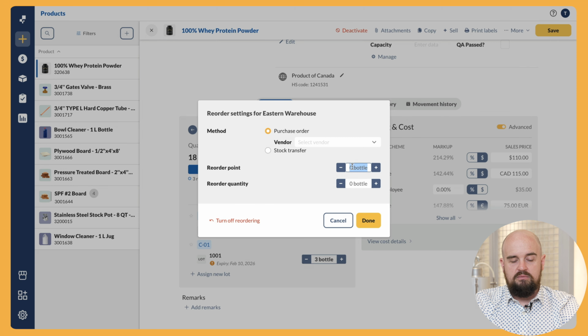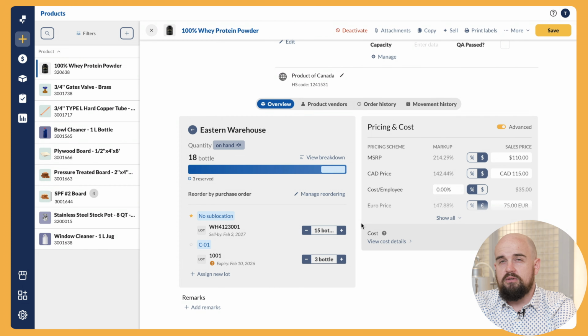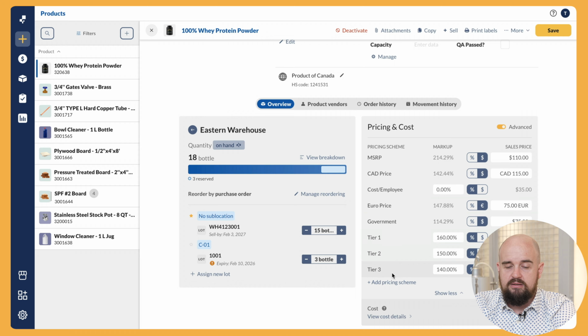In this situation, when I fall below 40 bottles, I want to reorder 80. And I can click that there. This will notify me daily or weekly of the products we're running low on. If I look over here at this tile, I can see the pricing and cost that we have set up in the system. I'll assign a pricing scheme to a customer, and every time I make a sales order, it'll